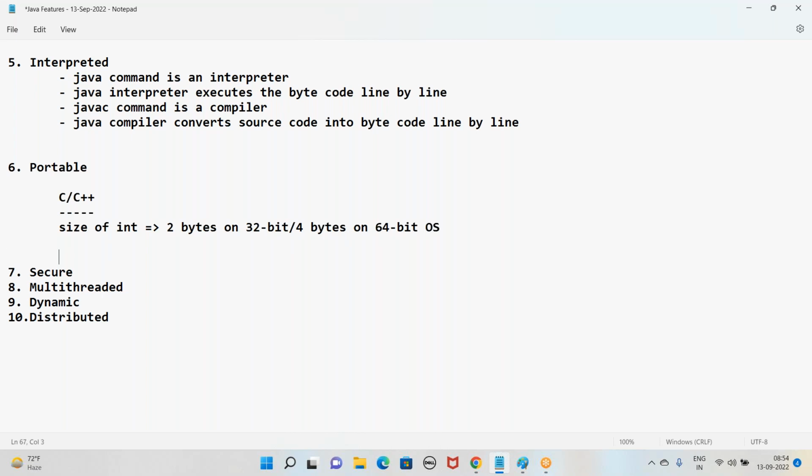Now let us suppose you are writing a C language program on 32-bit. If you take the same C language program to 64-bit, then there is a chance of having memory issues. That's the reason we say C and C++ are not highly portable. So we have to go back to the program and modify the code based on the operating system, because the size is differing. Coming to Java,